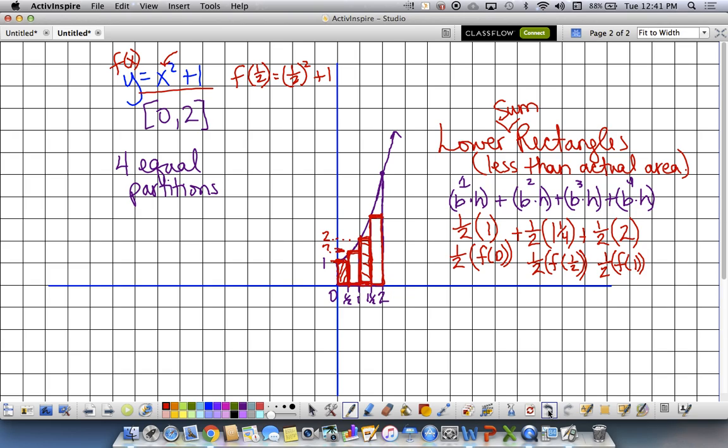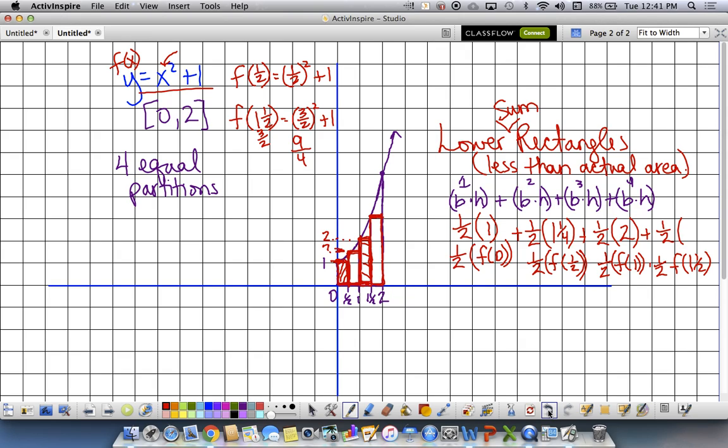Okay, what is my base? It's a half. What is my height? We're going to have 1/2 times f of, where are we at? 1.5. So I'm going back over here. My halves are kind of getting me. What is f of 1.5? Or we might even say 3 halves. Okay? So I'm going to say 3 halves squared plus 1. So 9/4